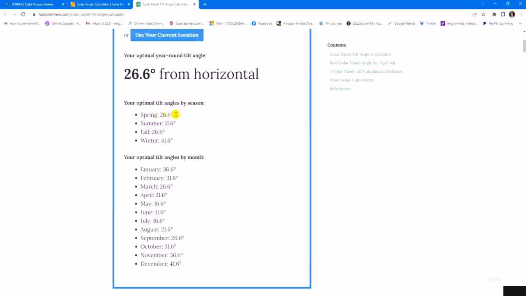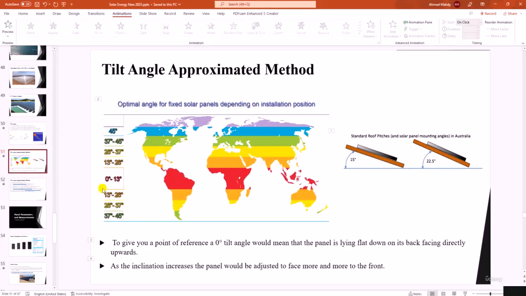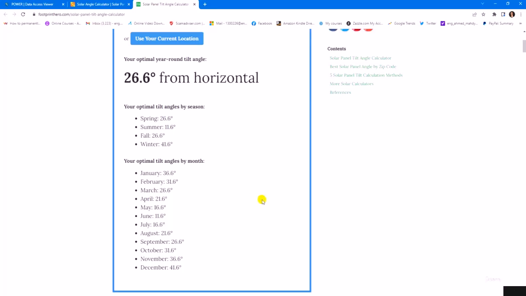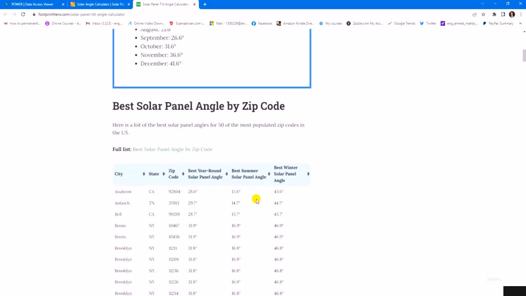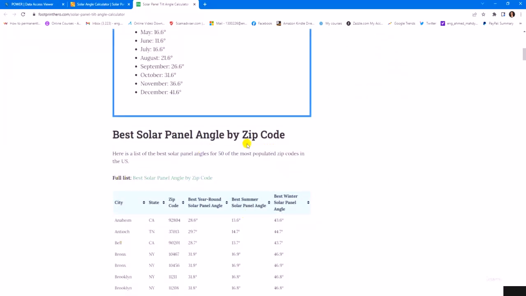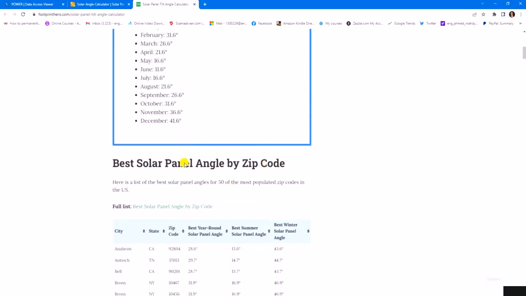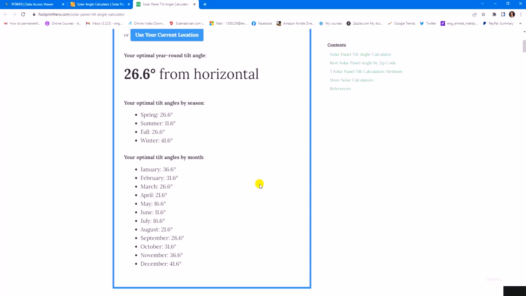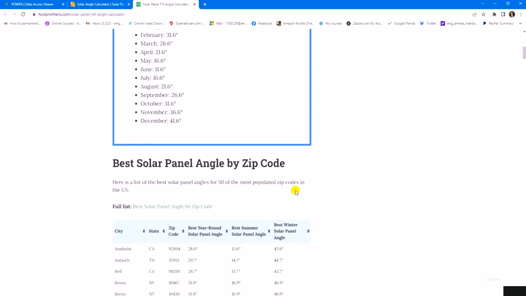You can find here 26, 26, 40, 36, 26, 11, and so on. Most of these values fall in this region. If we look again here, this is another method. According to the zip code for any location in the USA, you can get the optimum angle by the location.